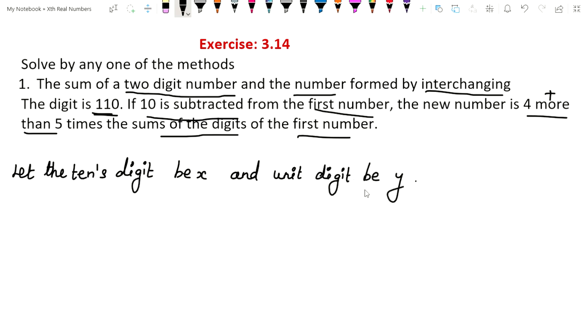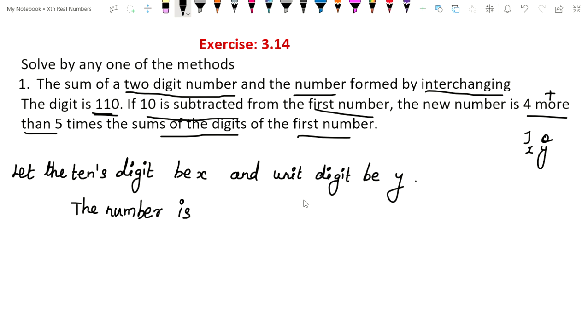Okay, because a two-digit number has a tens digit and a ones digit. This is ones place, this is tens place. So the tens place I am considering x, ones place I am taking y. So the number is